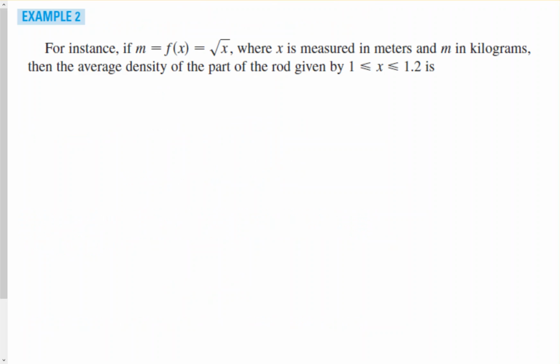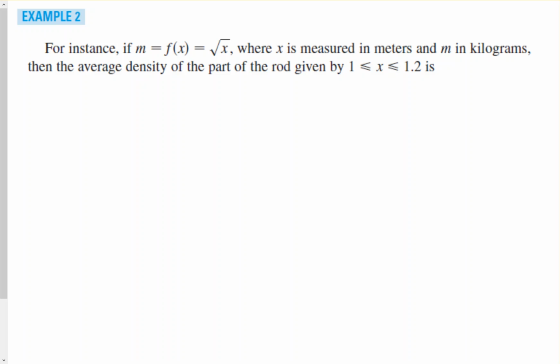So if they give us a mass formula, m equals f of x, which equals the square root of x, where x is measured in meters and m is measured in kilograms, then the average density of the part of the rod given by x between 1 and 1.2 meters is,